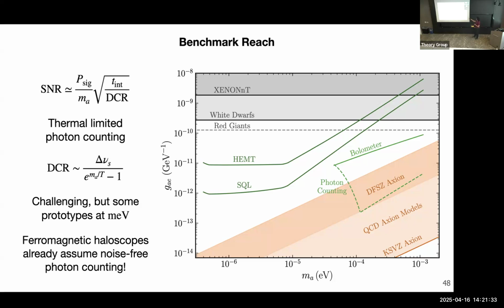There's a kink in this curve because above here, we're limited by signal. So the background is negligible. You just need to have any photons at all. And then over here, you're limited by background because you need to see it above a high number of background counts. And so if you could do this, you could actually slice basically the whole DFSZ axion for this order of magnitude. I will say that for all the experiment projections we were comparing against, they all assumed this from the beginning. Everyone else is assuming this with no noise at all. But this is the kind of thing you can do with this system.